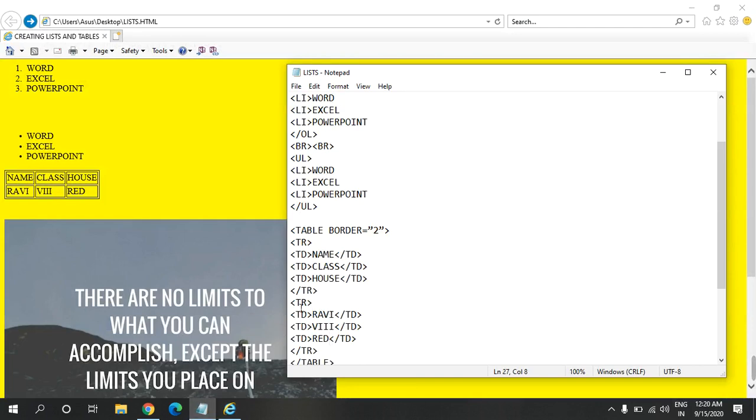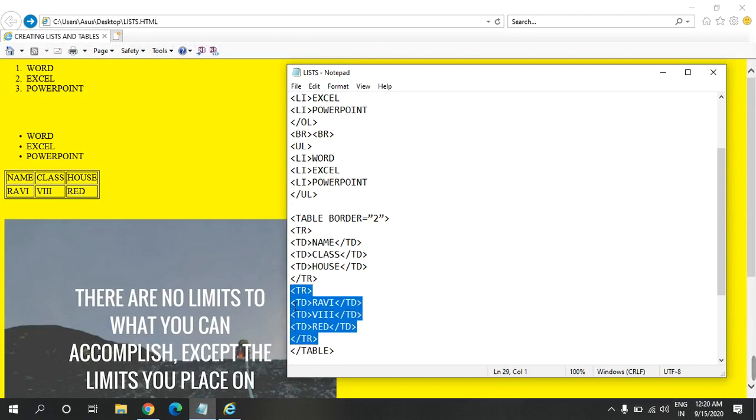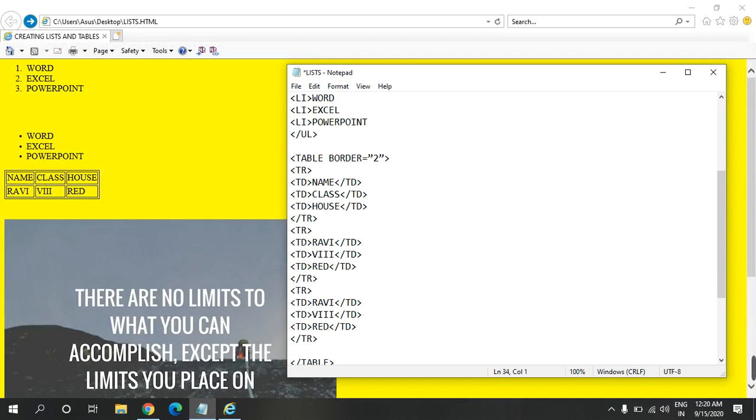Now if we want to add one more row, let us copy the code of the row and create another row, so that we don't have to type again and again. Here we are changing the values. Here we are giving Aman, class 8th, and house is, let's say, blue.